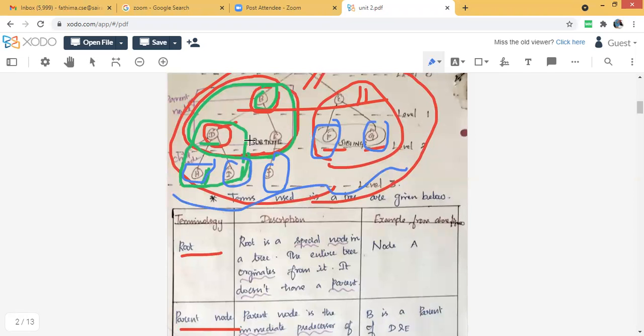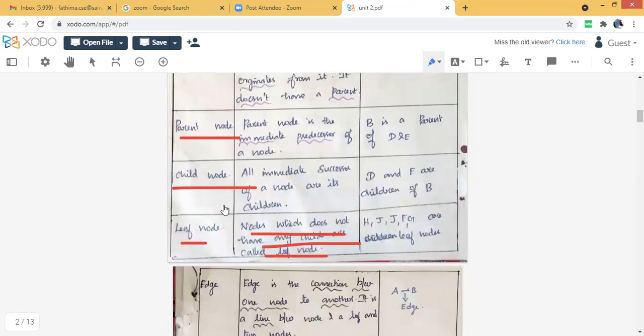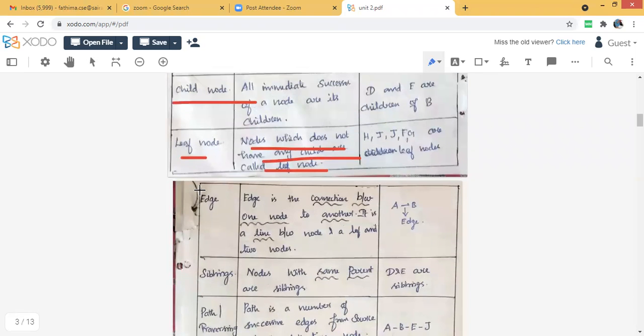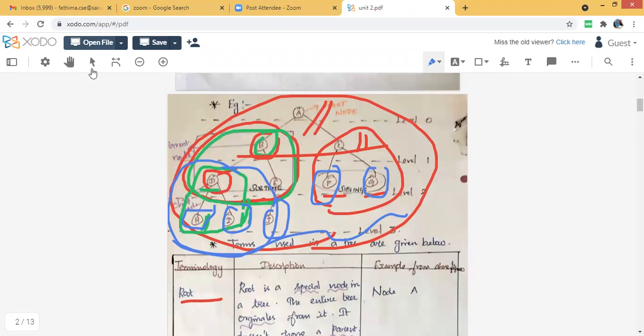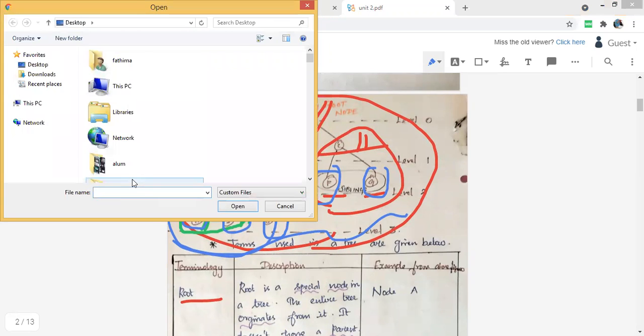For example, they may ask a question like this: what are all the leaf nodes of the subtree T alone? Then you have to write H and I as the leaf nodes. So this is the example for leaf as well as root.